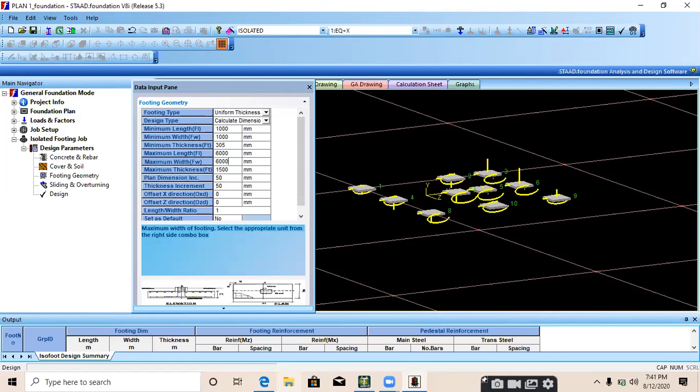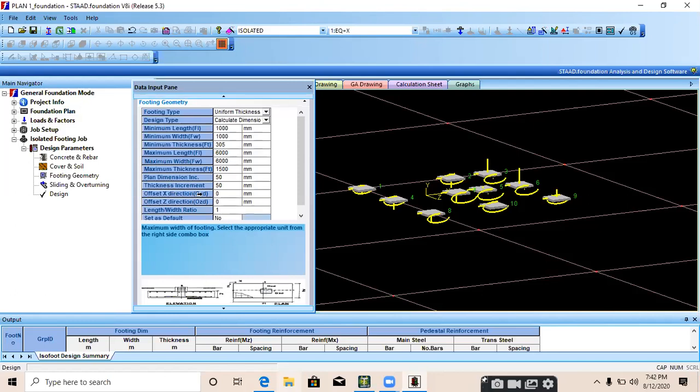If the footing fails at 6000 mm, it will check for 6050. The plan dimension increment I just provided is 50 mm, so it can increase by 50 mm. Thickness increment is also 50 mm, so it will check for 50 mm more, up to the maximum data we have provided.